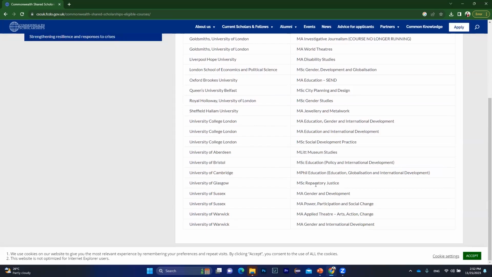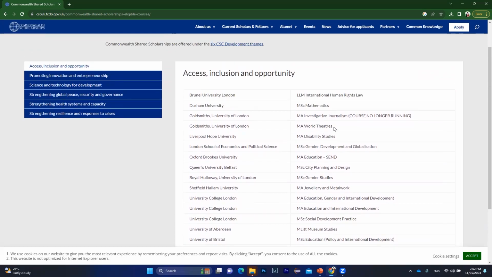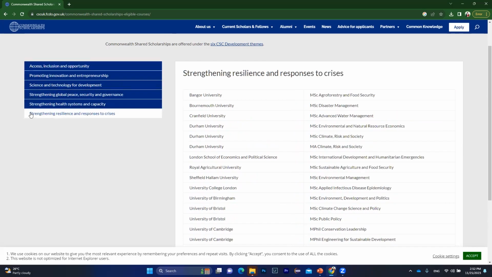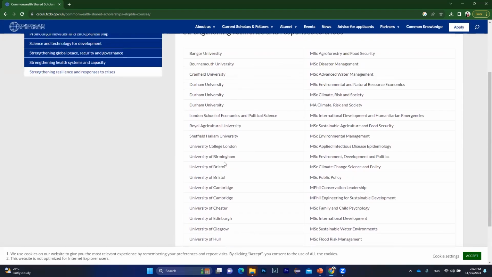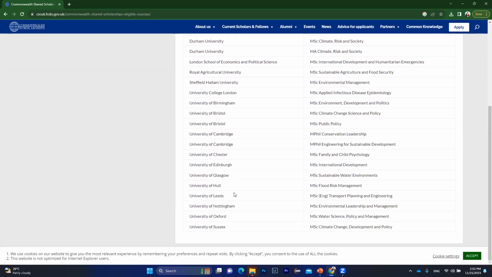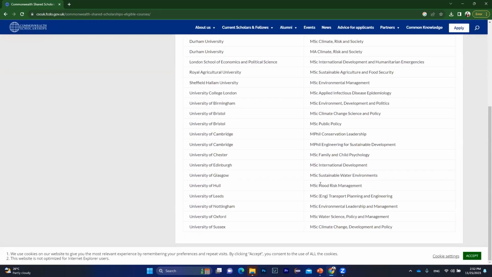For example, if you want to study gender and development, disability support, world theaters, mathematics, you can learn these development themes. Let's check my development theme: strengthening resilience and response to crisis. There are disaster management, advanced water management, climate risk and society, public policy, sustainable water environment, environmental leadership and management. I'm wondering why Newcastle University is not in the list for this development theme, because my course is not here,